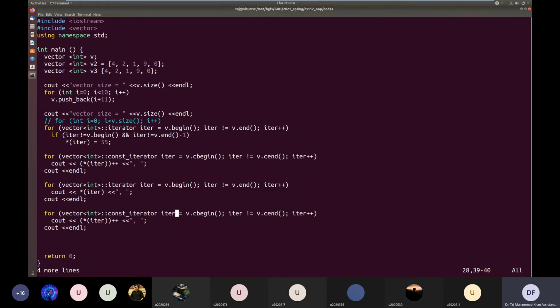You can use the simple iterator also, but as I said, since we are only reading, it's better to be safe. So instead of rbegin and rend, the interface to move to the next element will still be plus plus. It will move to the next element, but in the reverse direction, since we are using the reverse iterator. We don't need to do minus minus. So it's still plus plus because we need to go to the next element, although it's in the reverse direction.